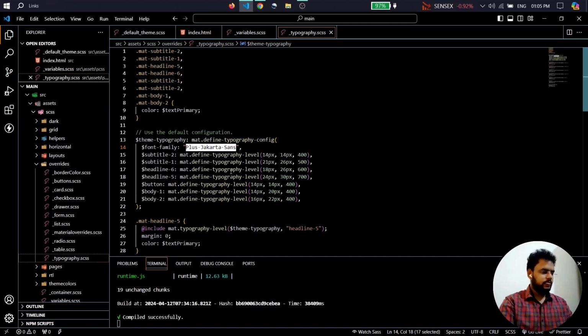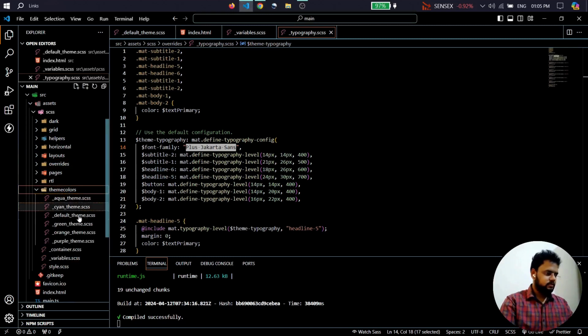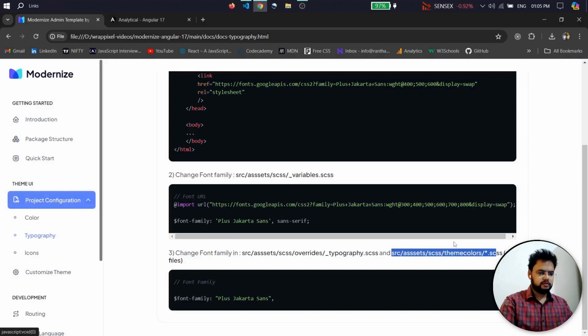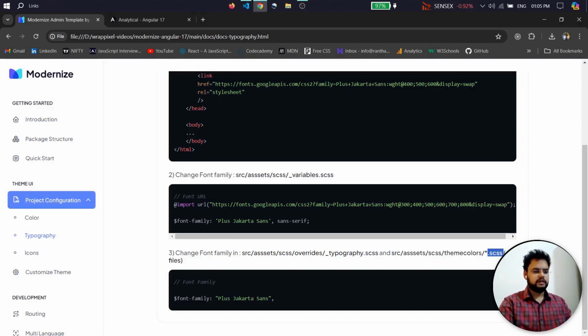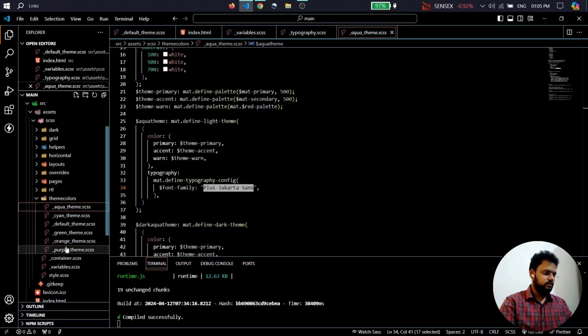inside scss. We have theme colors. So these are all the files. As you can see, we have the files which has .scss. So you have to make changes in all the files. So we don't have much. We have few files which are all